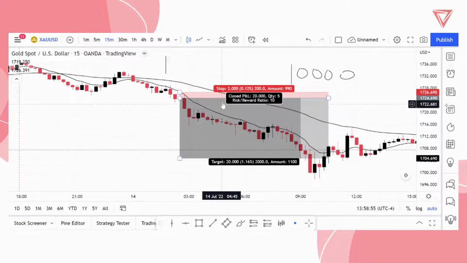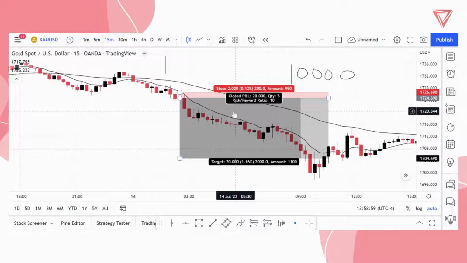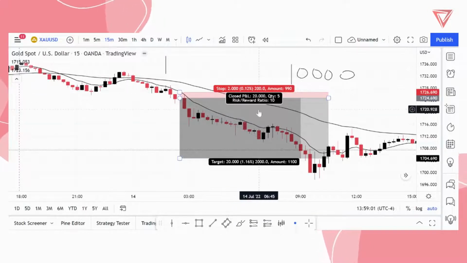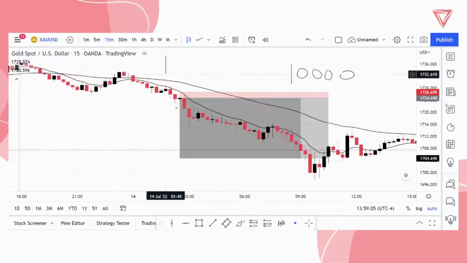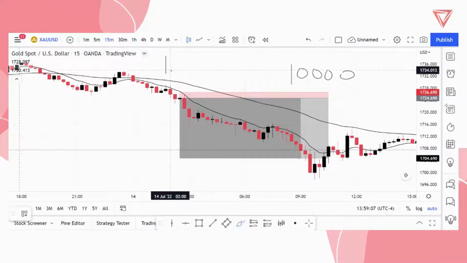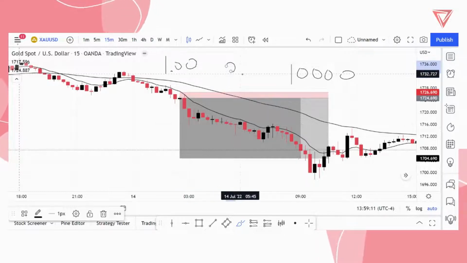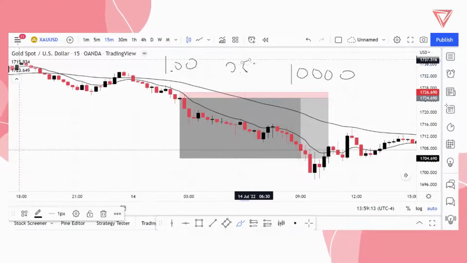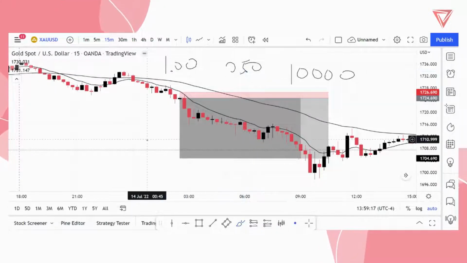Now, what if we do it the exact opposite way? What if we decide to have the same 10 pip trade, but we drop the lot size? So instead of using one standard lot like this, you decide to use 0.5% risk, or 0.5 lots, right?